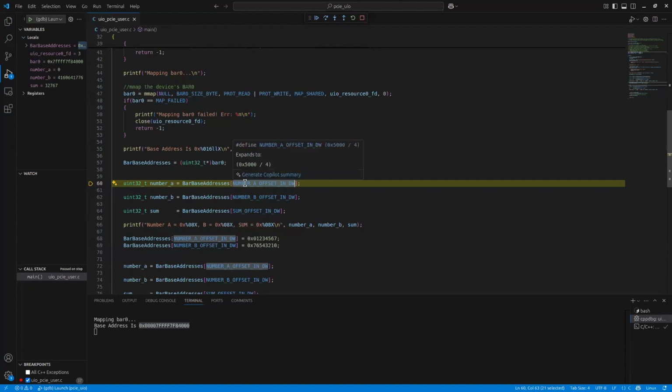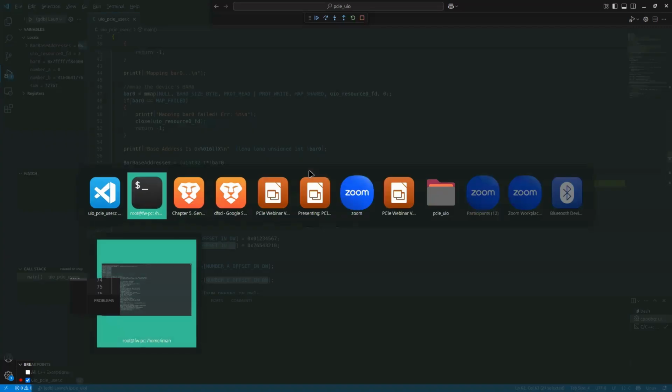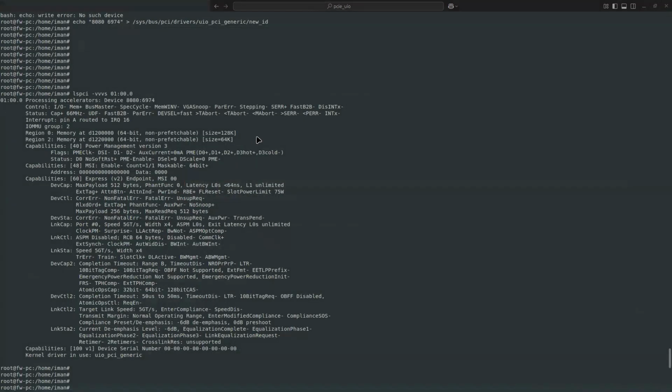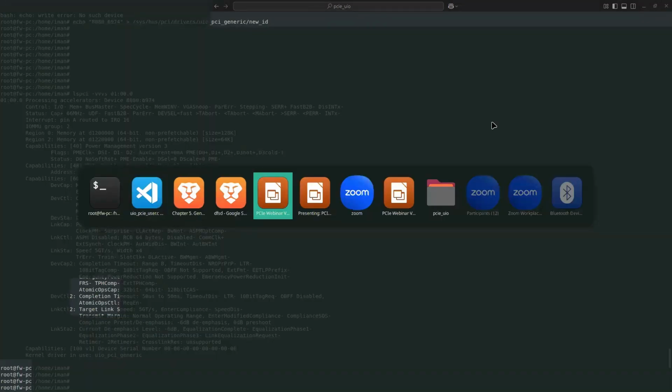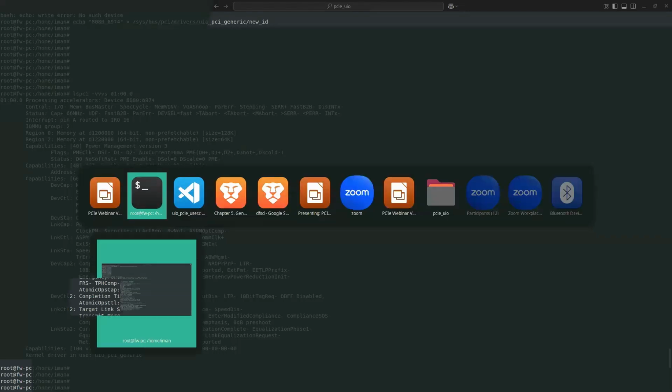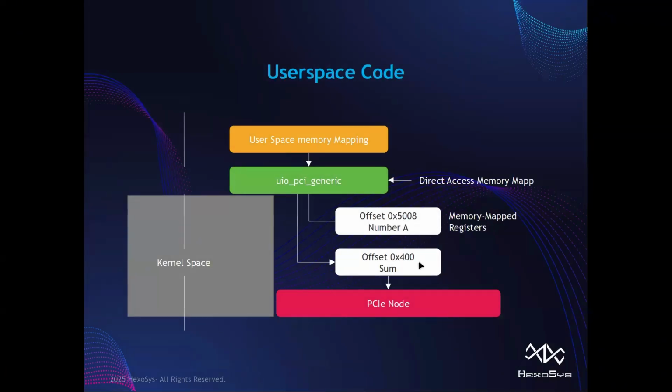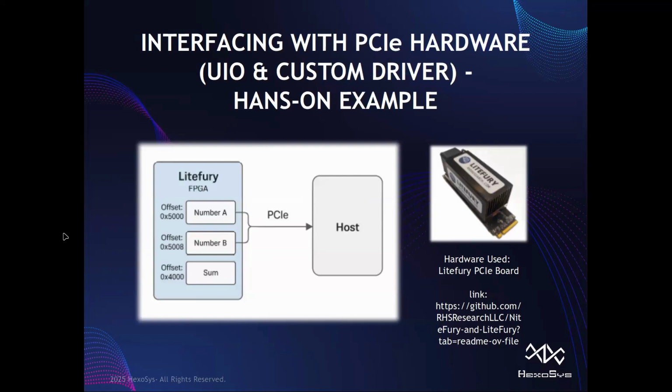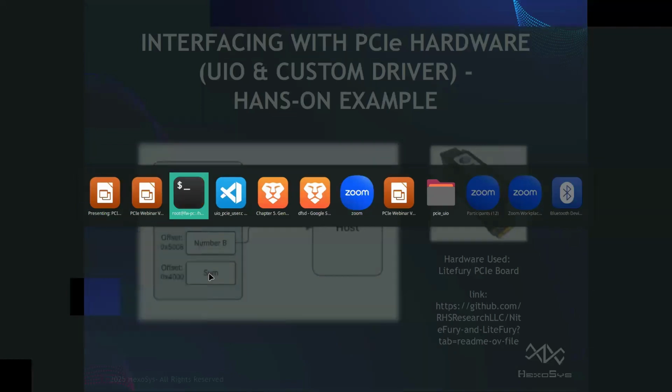For example, here I want to read number 1 and then number 2. As you remember, we had our numbers here: number A, number B, and the sum.